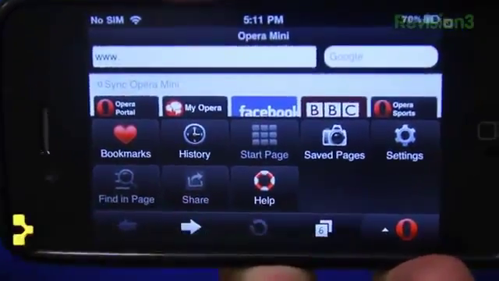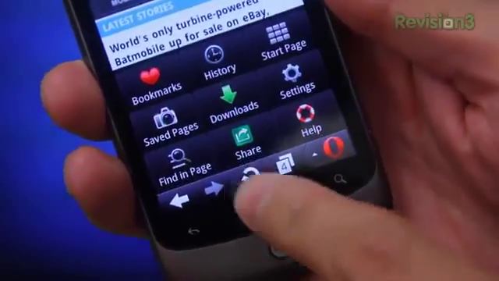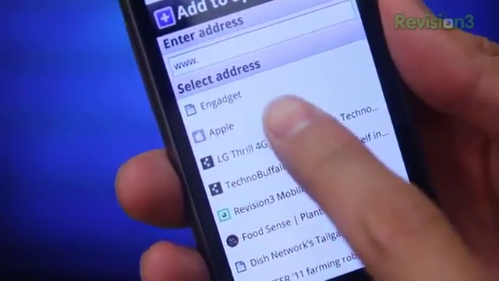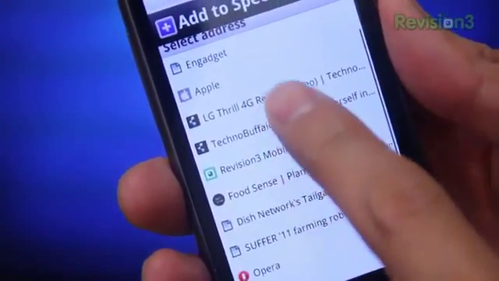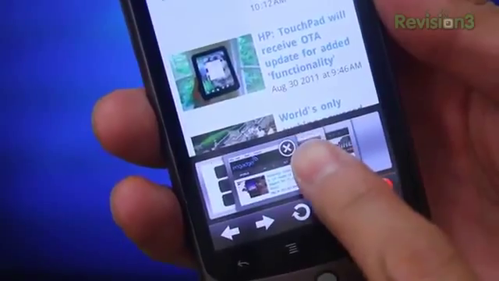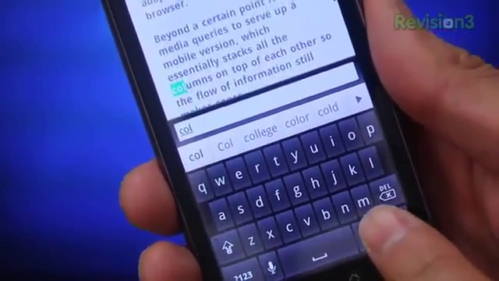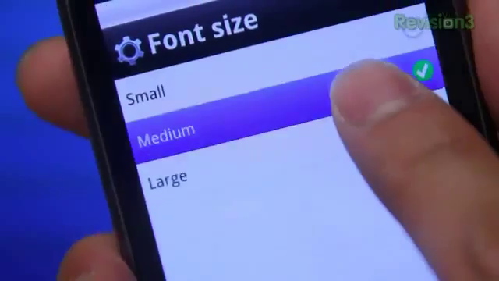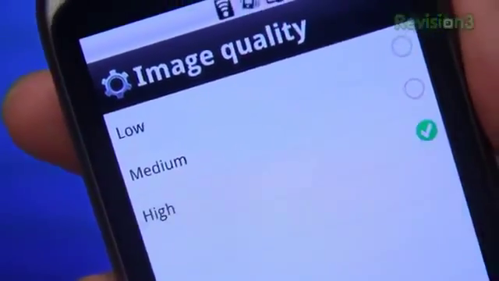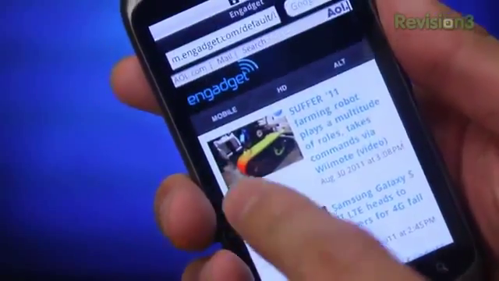is it necessarily better than your phone's native browser? Well, we'll just have to see. Let's start off with the basic Opera Mini features that your mobile browser might not have. Opera's startup page is pretty awesome. It's a visual display of your bookmarks and can be customized pretty easily. Sharing is natively integrated, the tabs are really cool, and check this out. There's a find in page option, which I really appreciate, not to mention it works really well. There are also options to adjust text size as well as image quality to improve load times. Full screen mode is also always appreciated, because you know, like having 20 pixels at the top and bottom, it's